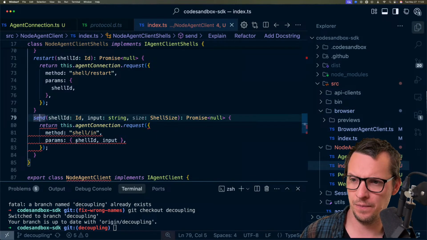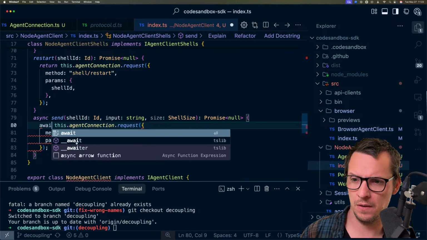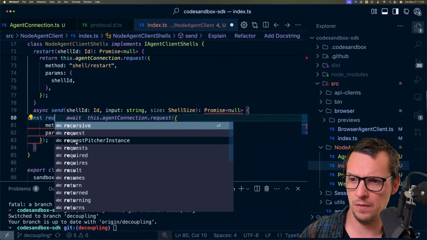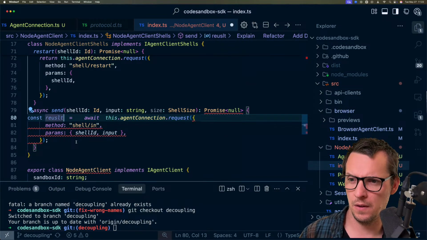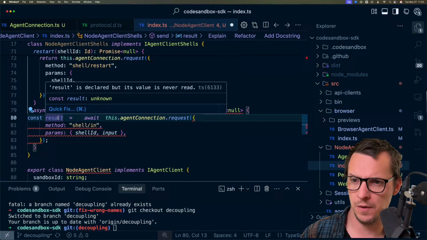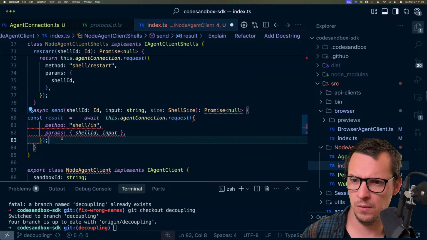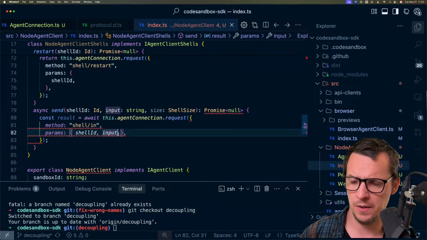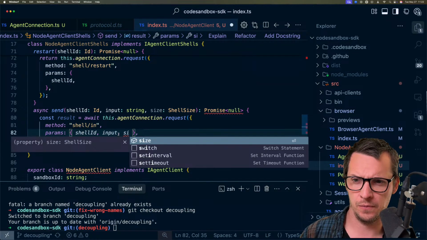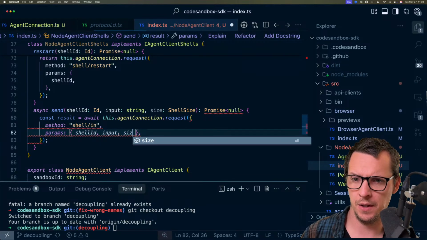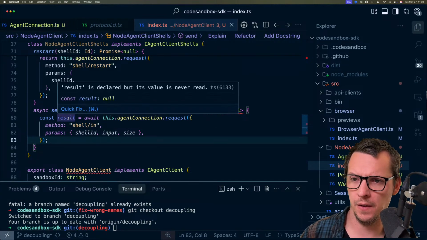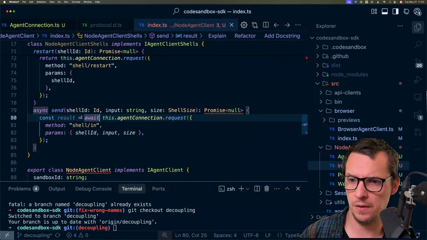Oh, okay. Async. Wait. Well, what is the const result? What's the result here? Oh, what's happening here? Oh, property size. Oh, we do have size. Okay, sorry. And then result is, oh, okay, so it is